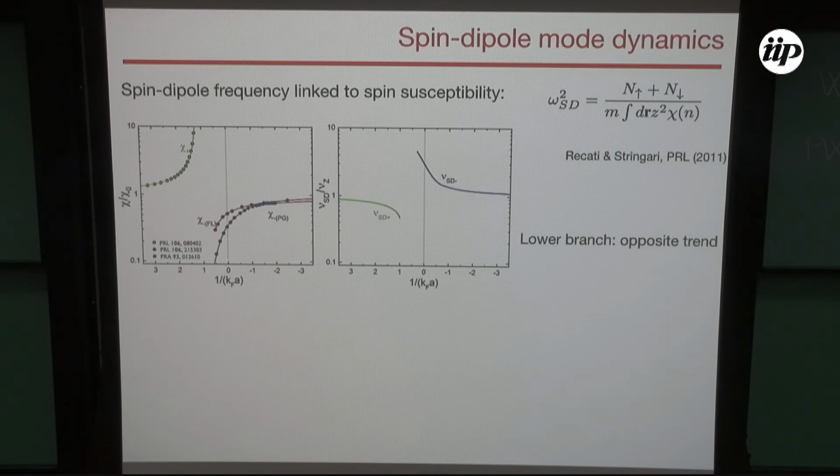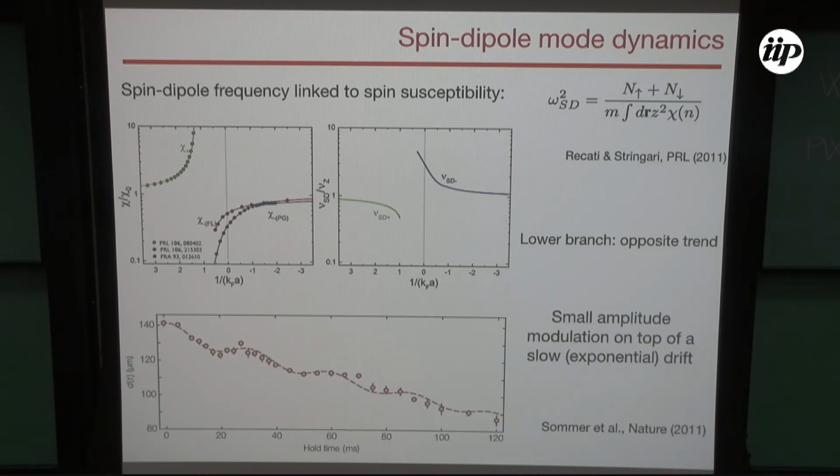Then the measurement is performed like I said: we prepare these two reservoirs, we suddenly turn off the barrier, and then we study the dynamics. This, for example, is the dynamics, the center of mass motion versus time. You can see that we see a decay, and on top of the decay, we have a modulation. I will not have time to tell you, but the decay at long times will give us the measurement of the spin drag of the two clouds, because this is what you expect anyway.